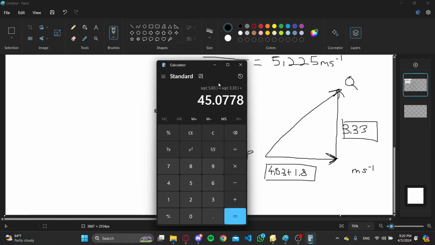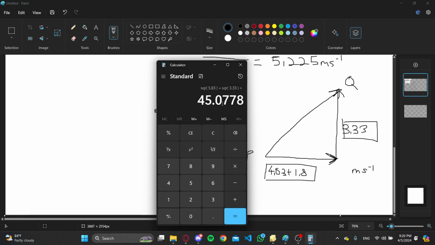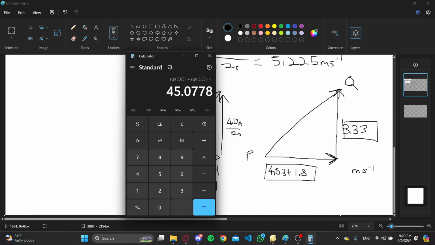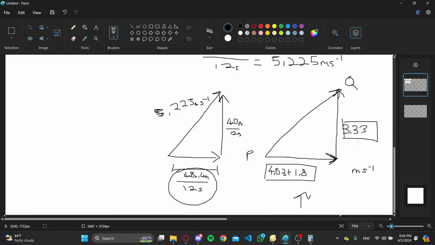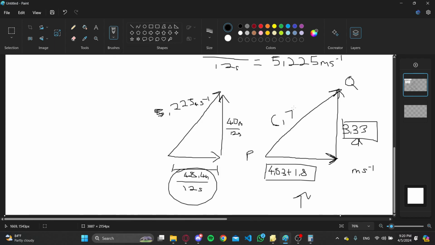Oh, no, no. What? 5.83 squared is almost 36, right? 6 times 6 is 36. 3.3 squared, that's 9. Yeah, it's almost correct. It should be 45. All right. So this squared plus this squared is 45, and the square root of 45 is 6.714,